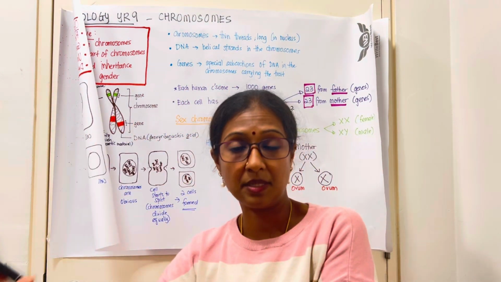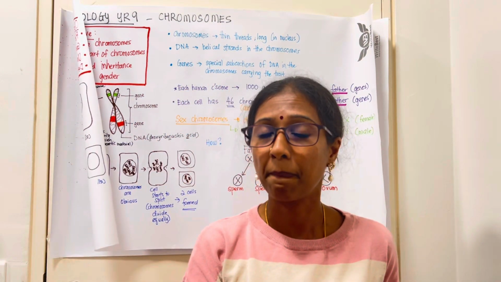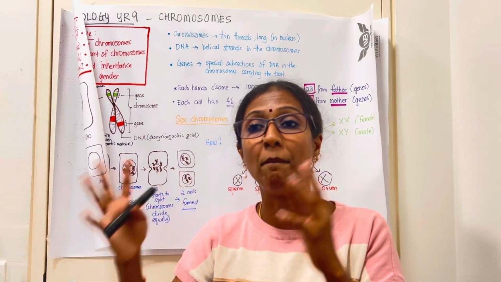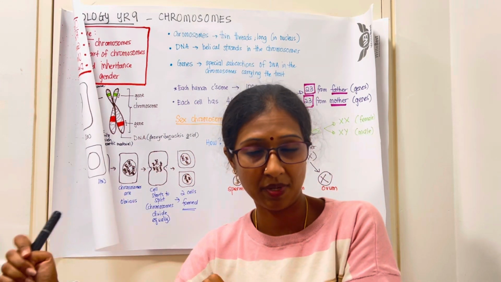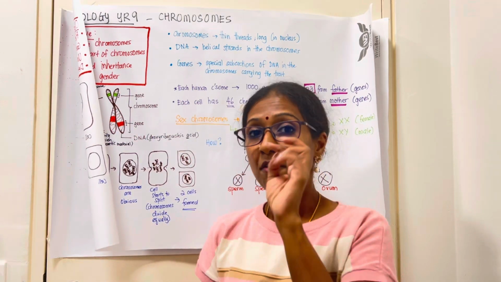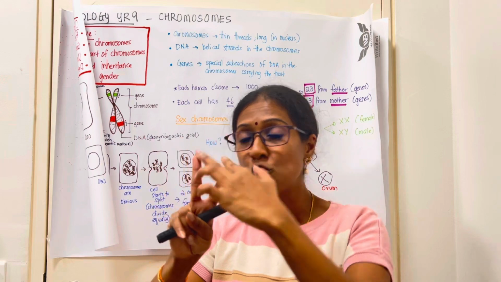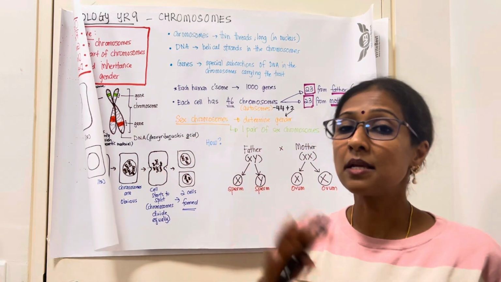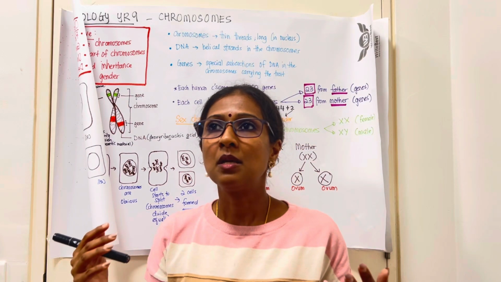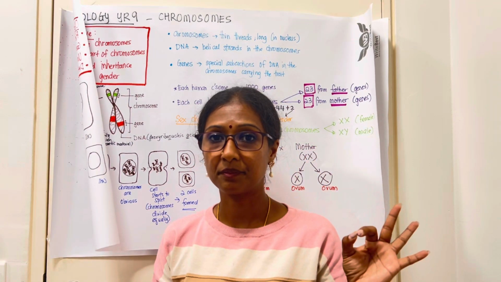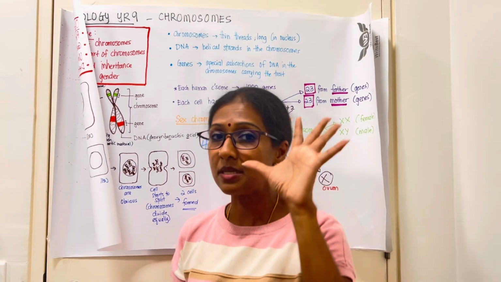non-sex related. That means it doesn't talk about your gender, all right? Nothing to do with female and male. So your 44 are autosomes or body chromosomes, all right? That means determining your personality or your traits. 44 plus 2. Now these 2 are your sex chromosomes. Now what are sex chromosomes? Sex chromosomes are just chromosomes which determine gender, male, female. Alright? So because there's male and female,